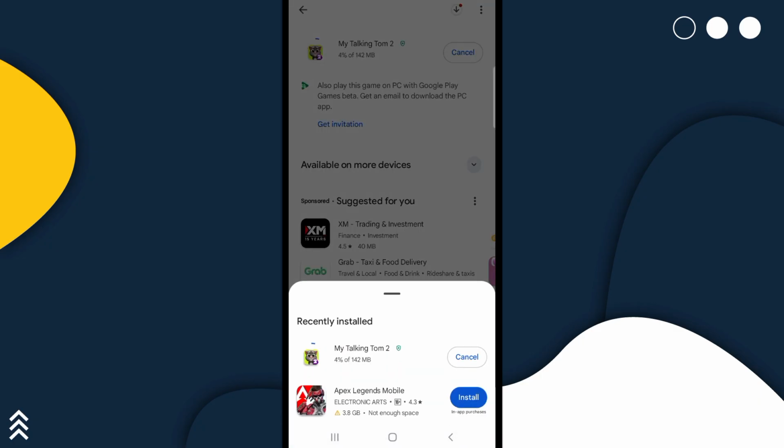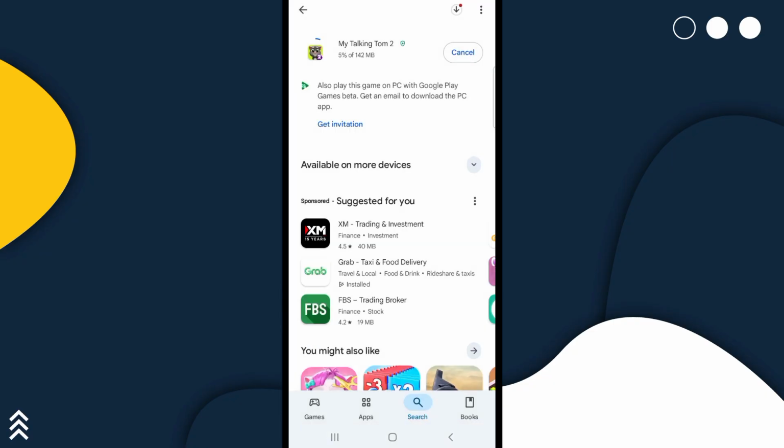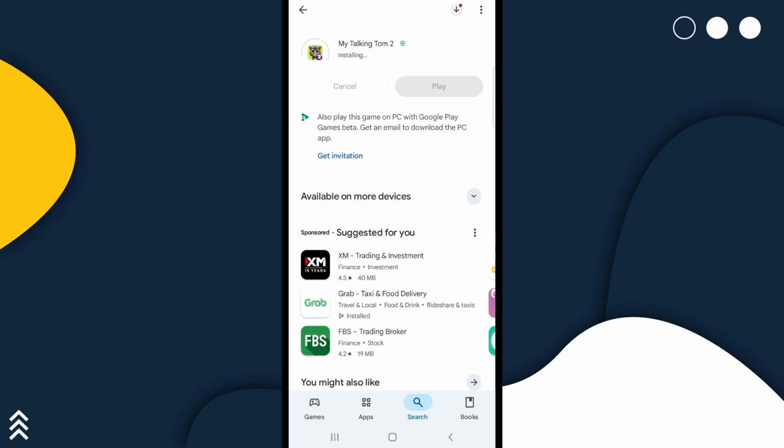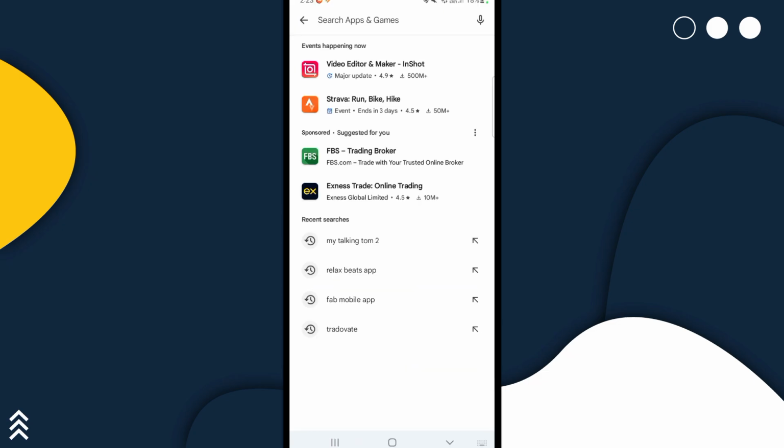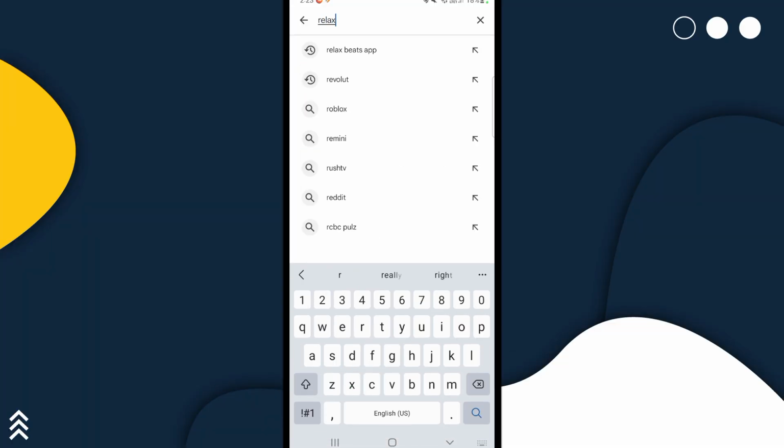So after that, we just have to speed it up, and once you're done, it will automatically install on your mobile device. And then after that, we just have to install the Relax Beats app. And then from here, all you have to do is just type in search again, then click on Relax Beats